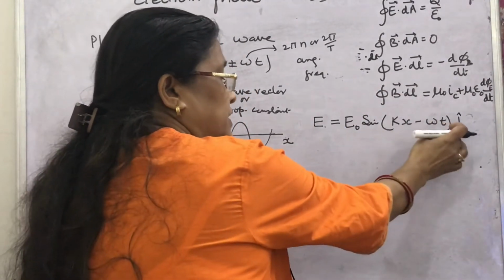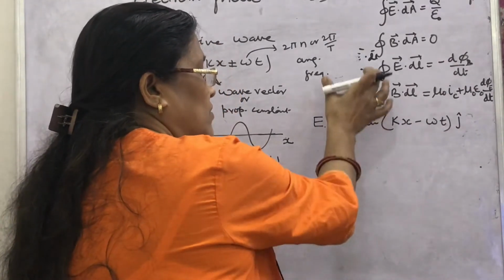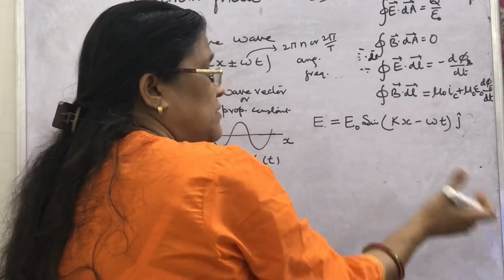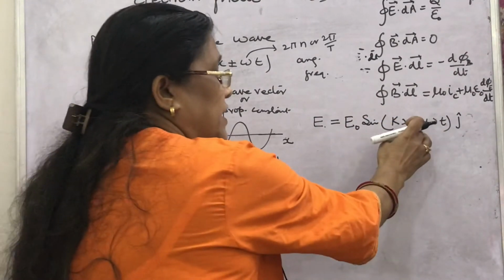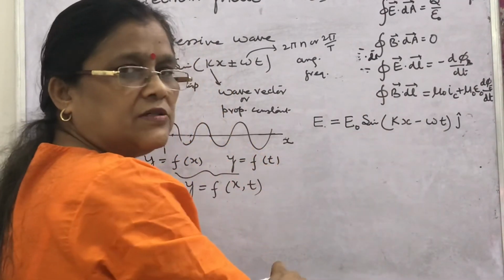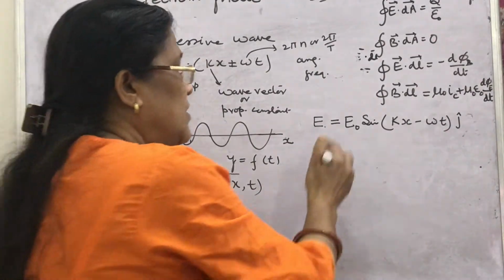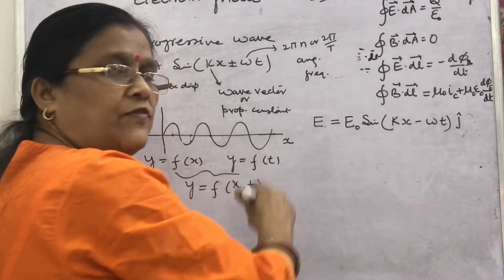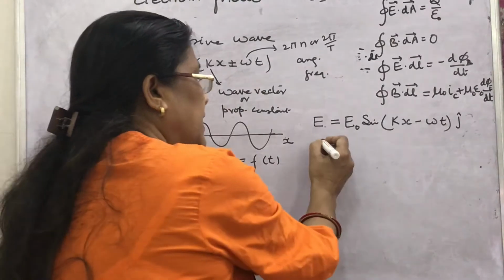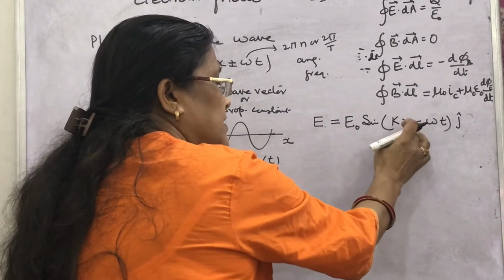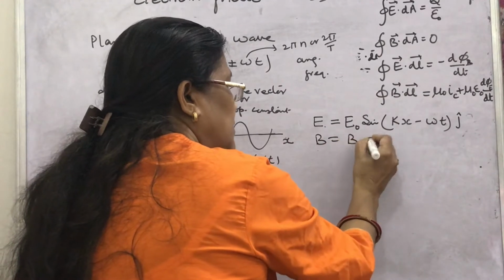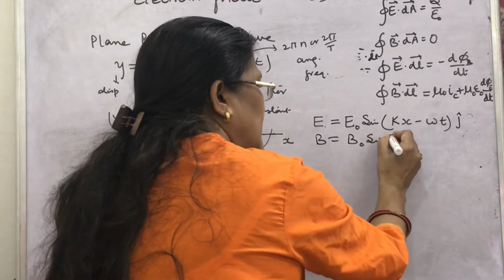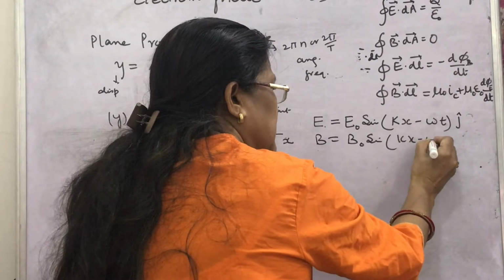That j means electric field vectors are along the y axis. In what direction is the wave propagating? The EM wave is along the x direction, and negative means positive x direction. Okay. Then write the equation for the magnetic field, what will you write? Which direction is it? This B will be equal to B0 sin(kx minus omega t).